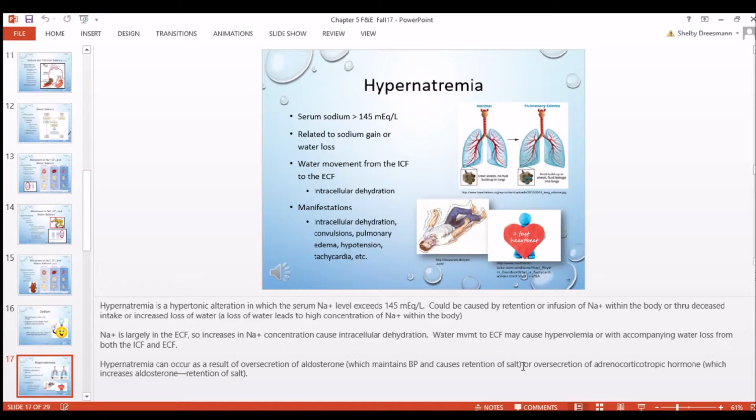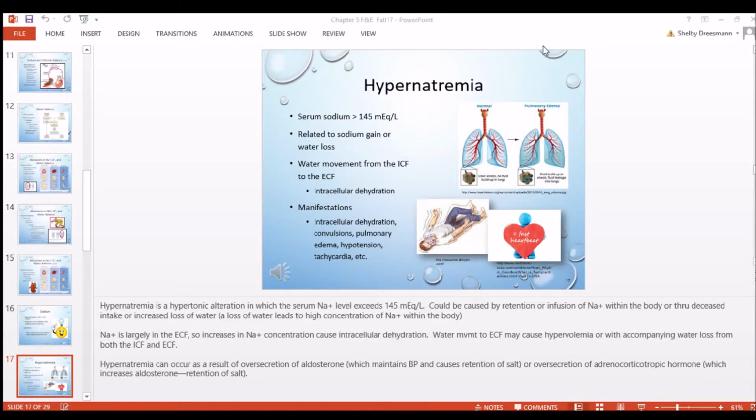Sodium is largely in extracellular fluid, so it increases sodium concentration. This causes intracellular dehydration. When we're talking about serum, we're talking about outside of the cell. All of these are the serum levels, and serum sits outside of the cells. Keep that in mind. We're not talking about inside the cells. We're talking about extracellular, outside of the cells. So if we have increased sodium outside of the cells,